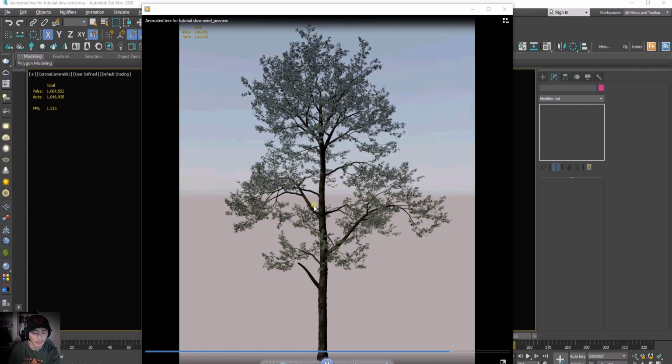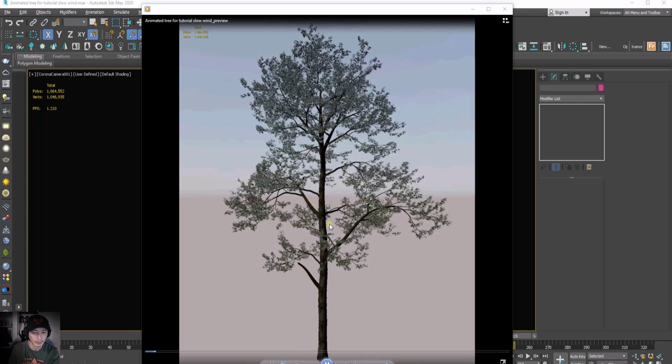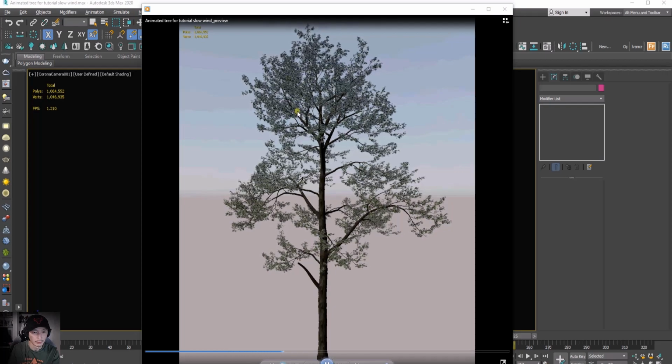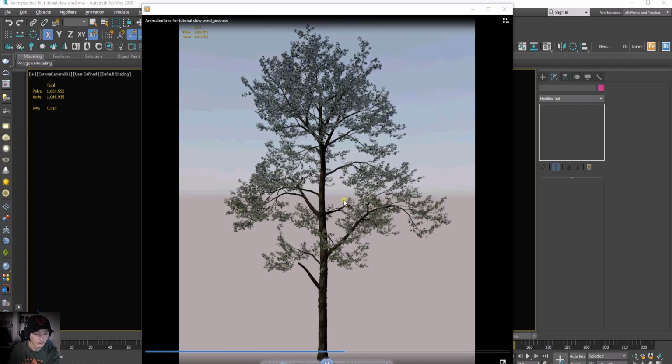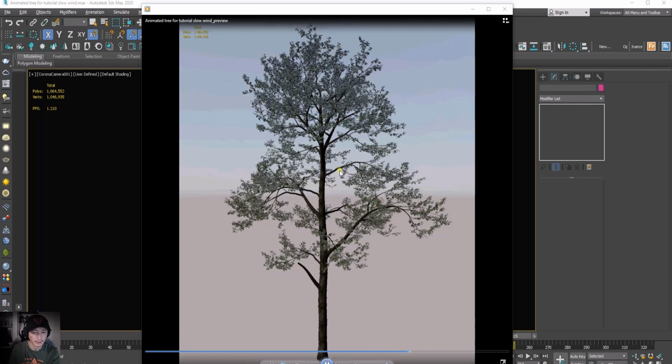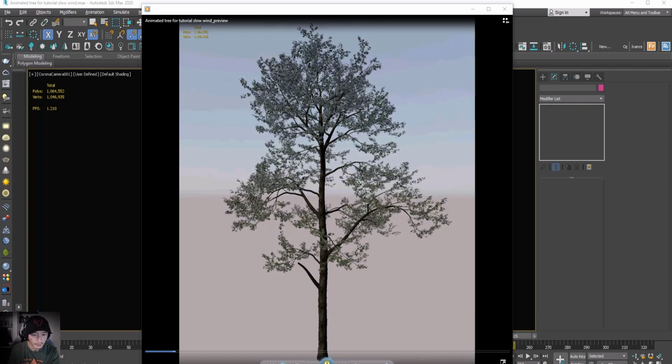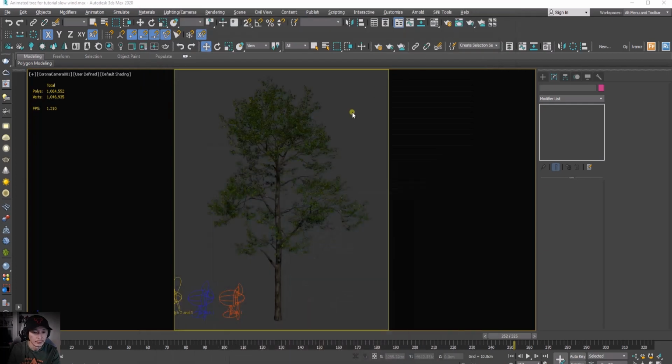So later we can make this into a Corona proxy, so it's going to be lighter for the animation if you're going to duplicate it or use it as an instance. Right, so right now,